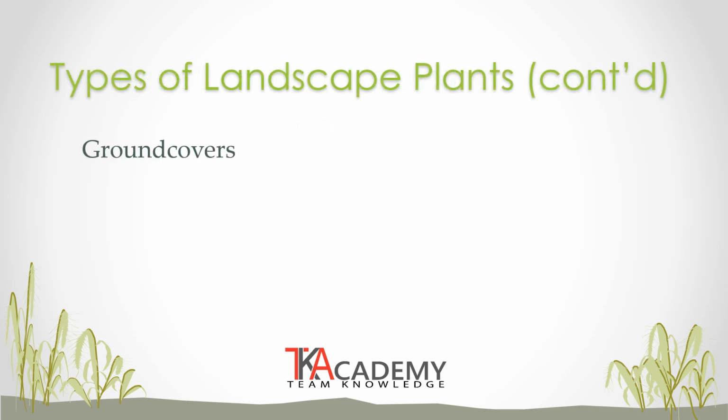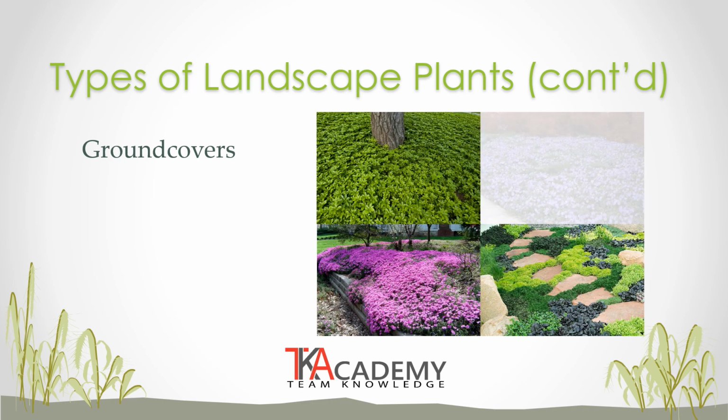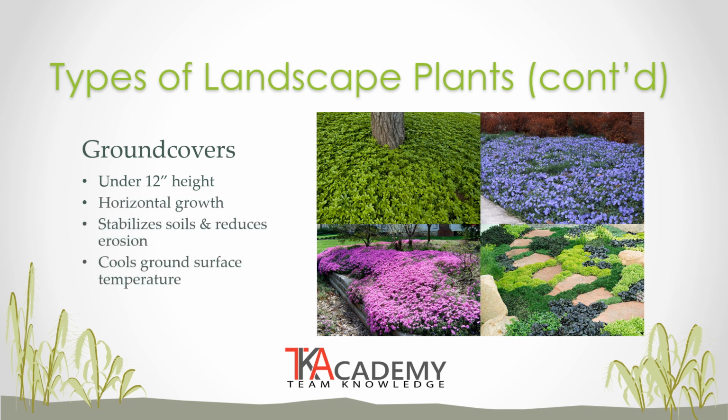Ground cover is a type of plant that grows over the surface of the ground and does not gain much height. Their growth tends to be more horizontal than vertical. Ground covers are important in providing protection of the topsoil from erosion and drought. Their root system forms a vast web within the upper layers of the ground, which stabilizes and locks the soil in place. Ground covers absorb sunlight and can reduce the surface temperature of the ground.